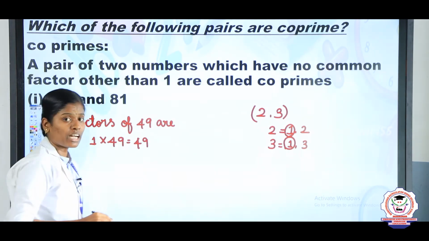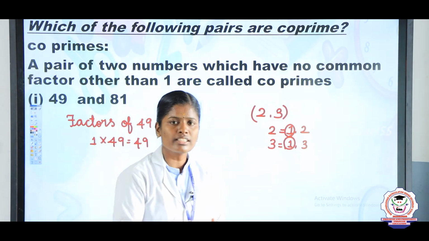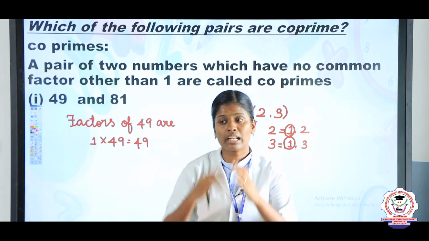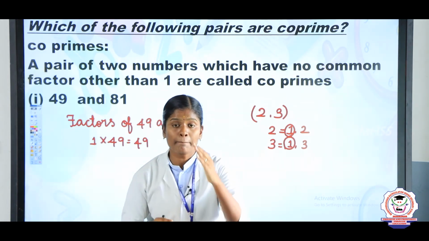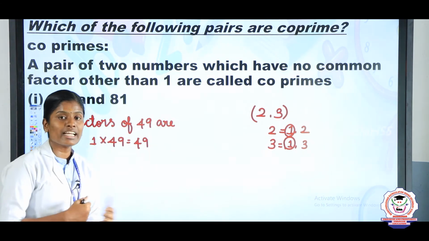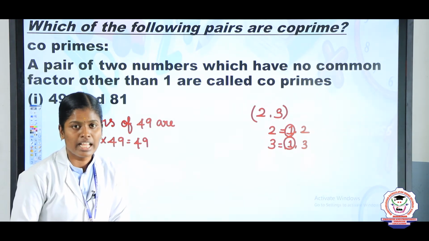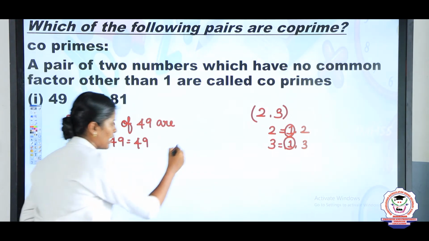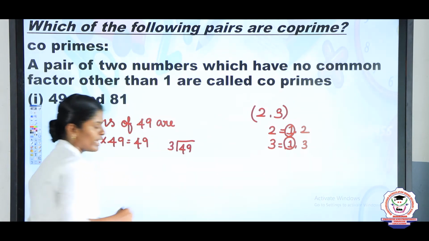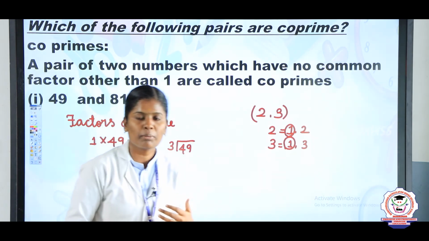Now, tell me Nandita, 2 table of 49? Very good my dear. She said, ma'am, in the 2 table the numbers end with an even number, but here we have the number 49. 49 is an odd number. So, 2 table of 49 is not possible. Next we will take the 3 table. I will take 3 and 49. We are going to divide. If in the remainder you get 0, that means yes. If you get a non-zero number, that means no.